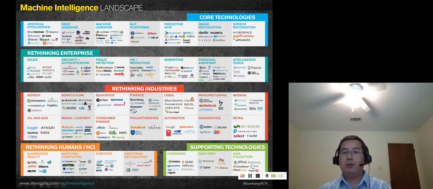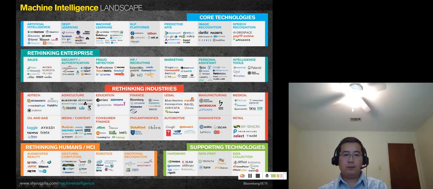Okay, and also have Google's personal assistant, digital personal assistant, intelligence tools. Okay, and then we also need to reform industries like agriculture, education, like MOOC online courses, finance, legal, manufacturing, medical, retail, diagnostics, automotive, consumer, media, oil, gas, and also rethinking humans and HCI,